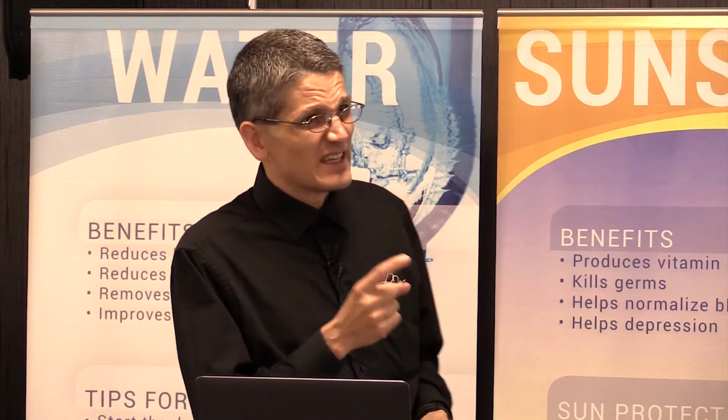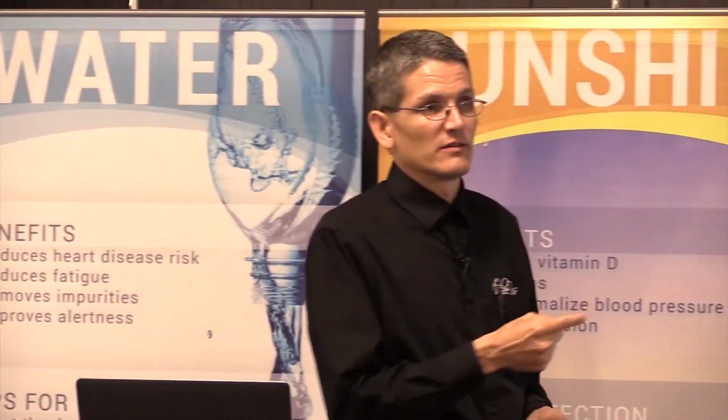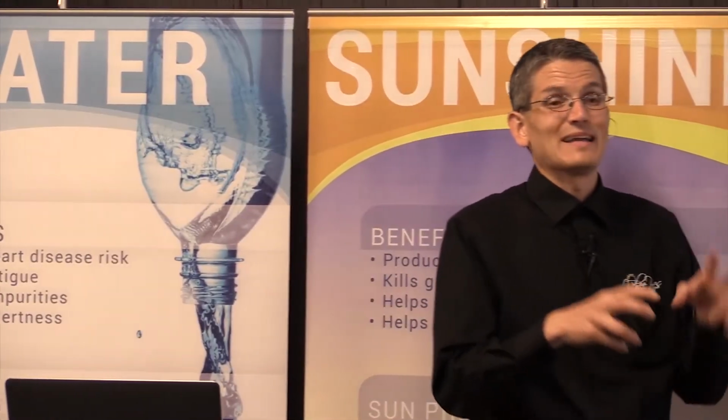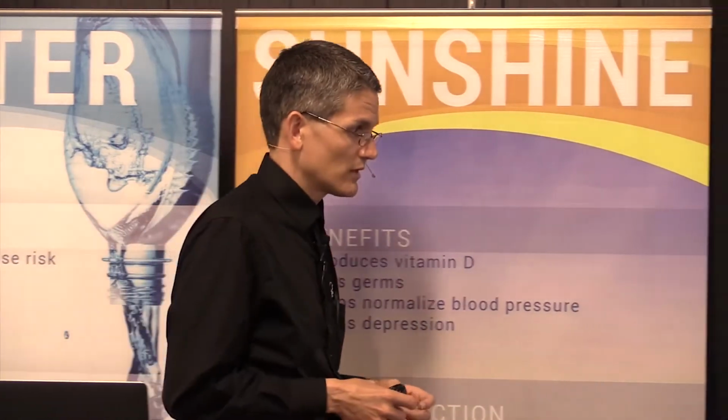UVC has the worst effect when it comes to cancer. It has the greatest energy to cause damage in the DNA and cause cancer, but it usually doesn't get to the Earth's surface. But in areas or locations where the ozone gets thin and disappears, guess what gets to the Earth's surface? UVC. Right? And individuals who have sun exposure in areas where you have a lack of the ozone layer have significantly increased skin cancer rates. Why? Because they have UVC exposure.